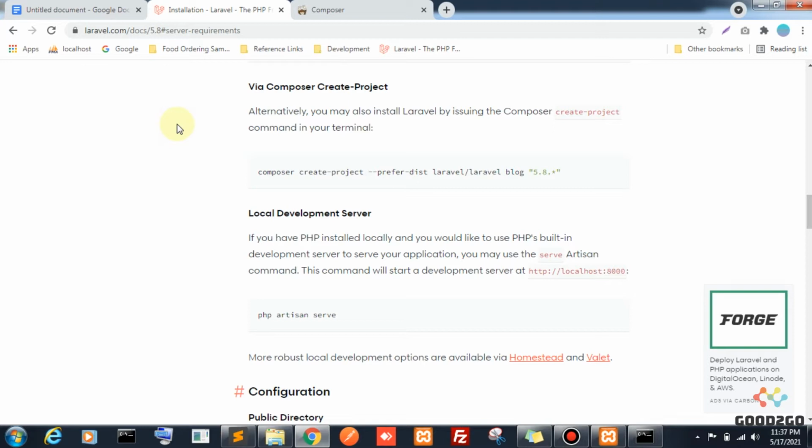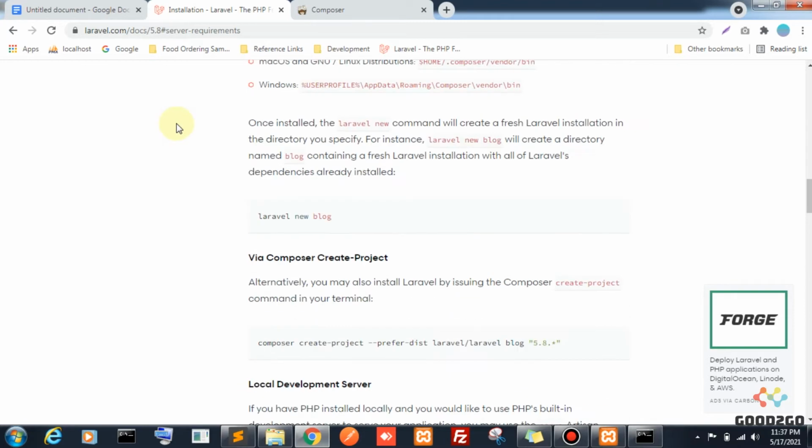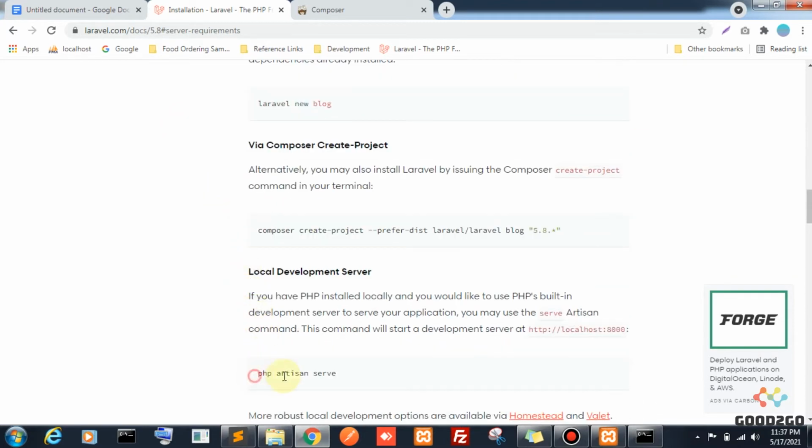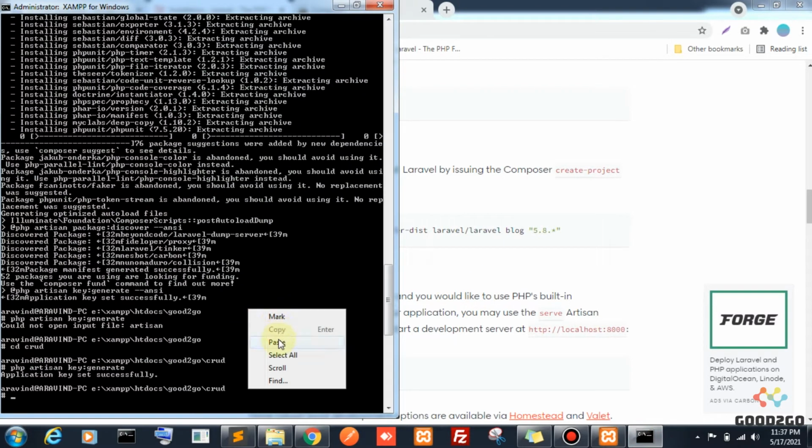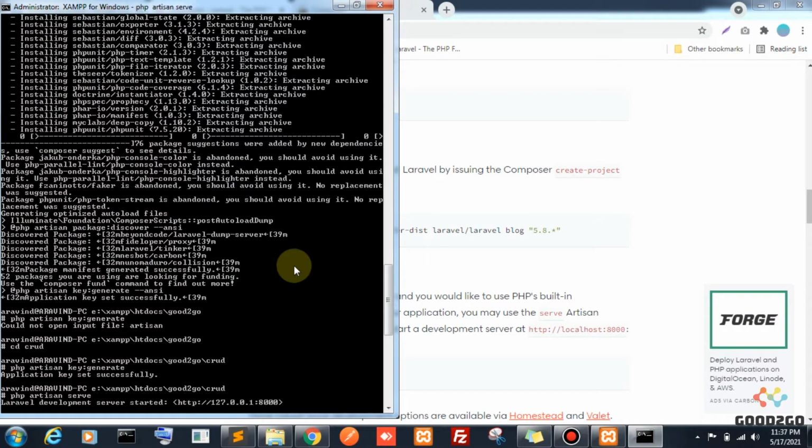At that time, in the applications we are developing locally, there will be interactions between the ports, and the application will get blocked. So Laravel has a default command, PHP artisan serve, which will automatically serve on whichever port is free. So I am taking this PHP artisan serve, pasting it, running it.